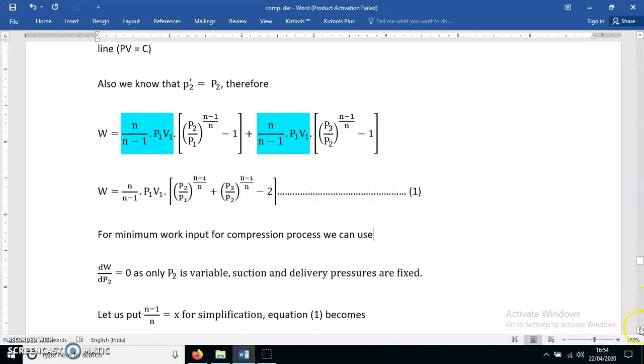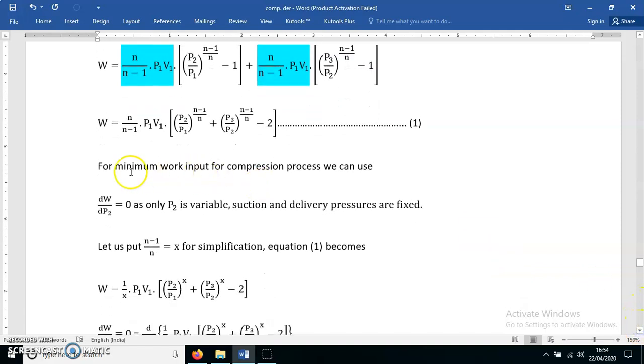Now we will extend this derivation further to reduce the work to a minimum value. You know, the work required to drive the compressor becomes minimum. That is always good because the compressor is a power absorbing device. So in order to calculate the minimum work to drive the compressor, what we will do is differentiate this expression